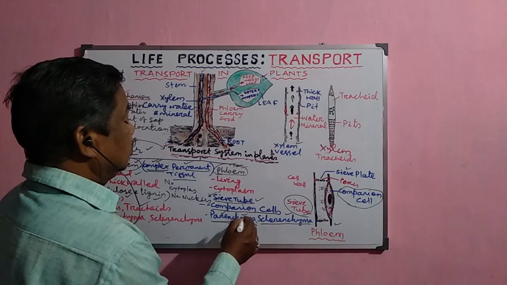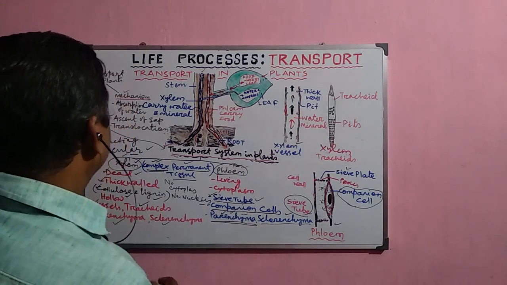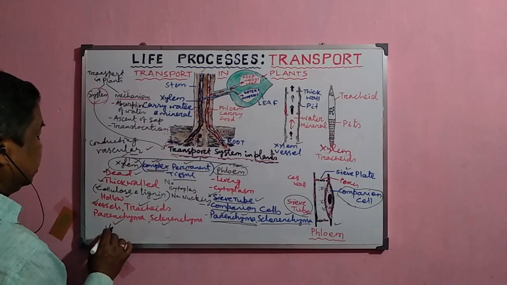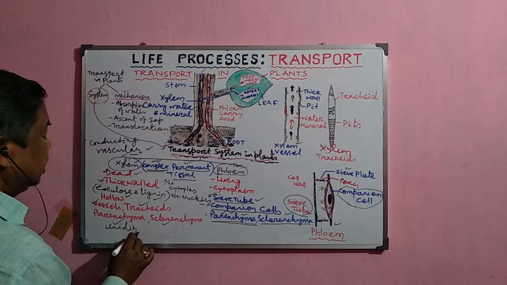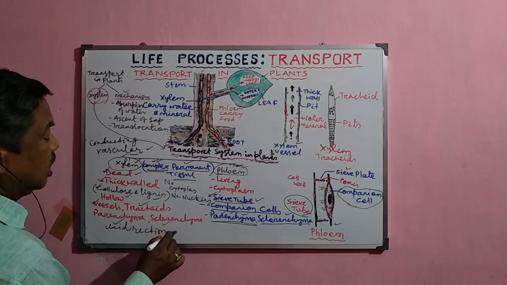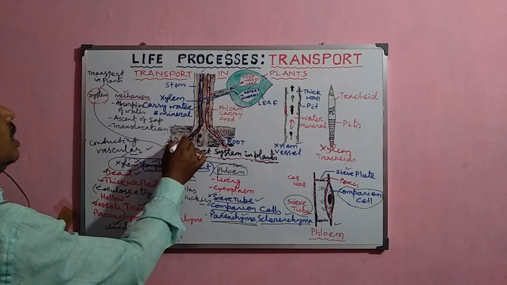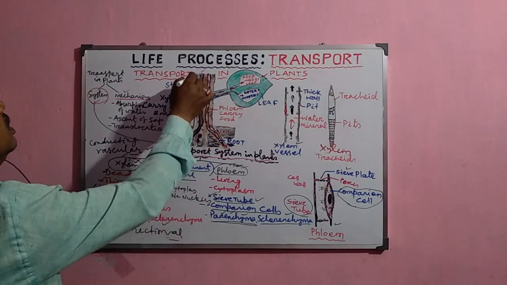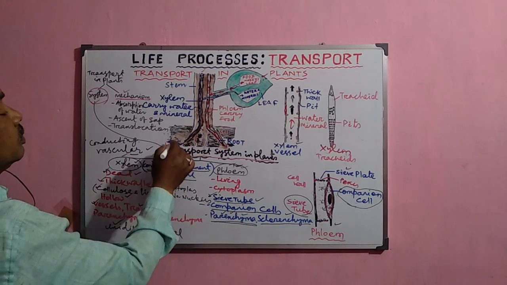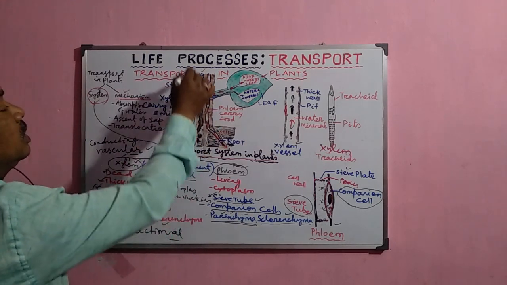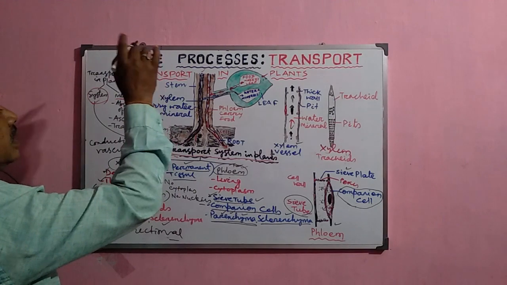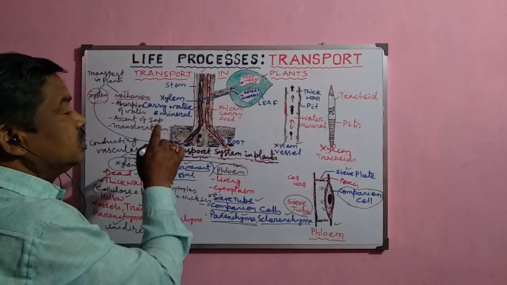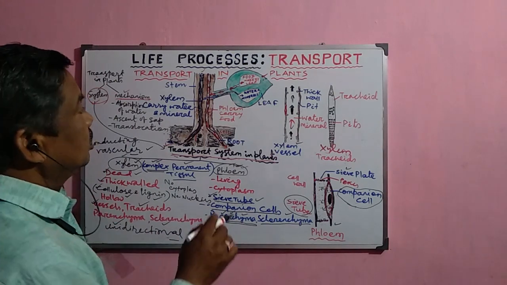These are present throughout the body. Now, the movement of the water in the case of xylem is unidirectional. That means the water and minerals are normally transported from the root to different parts of the plant. That means from the soil to different parts, it moves against gravity. And there are some special forces required for this. We shall discuss this in detail in the mechanism